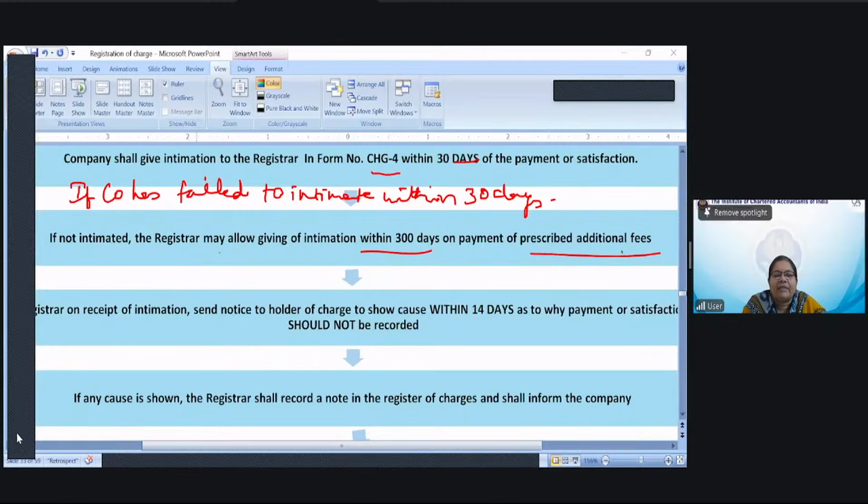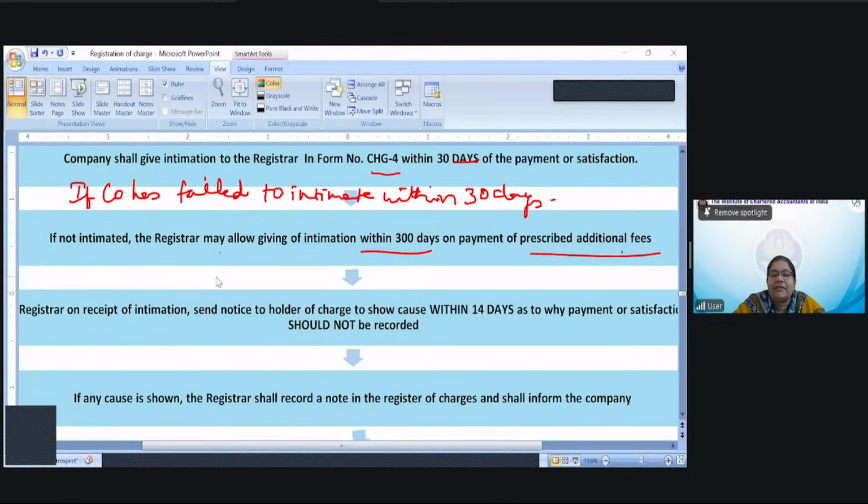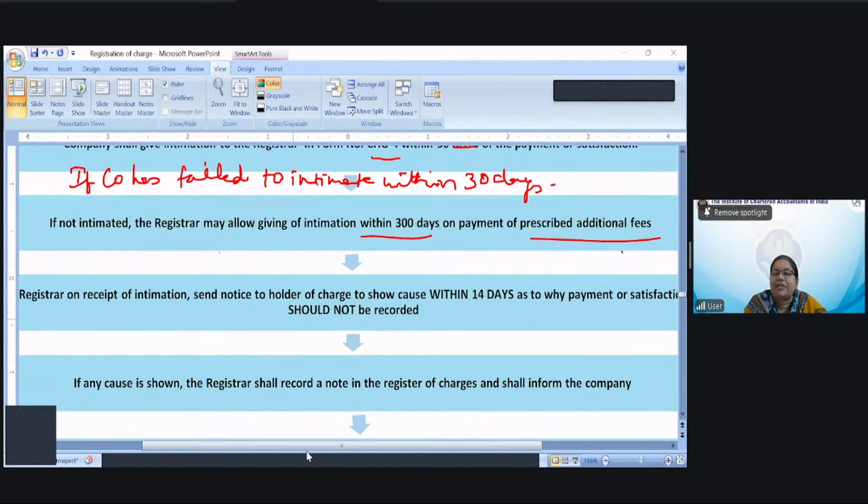That is there. Then the registrar will send a notice to the holder asking why, within 14 days, the payment or satisfaction should not be recorded. He will wait for 14 days to see whether there is any objection from the bank or the charge holder as to why it should not be recorded. And when no objection has been received, he will give the satisfaction of charge. If any objection has been received,